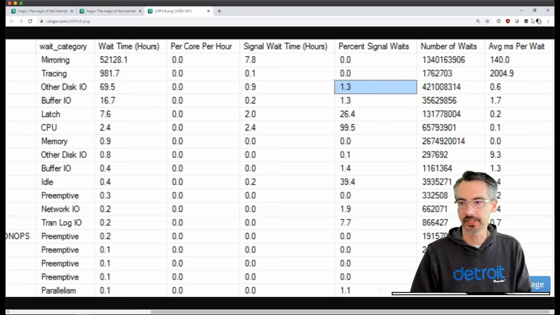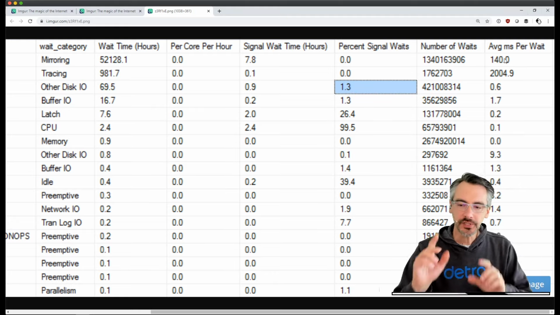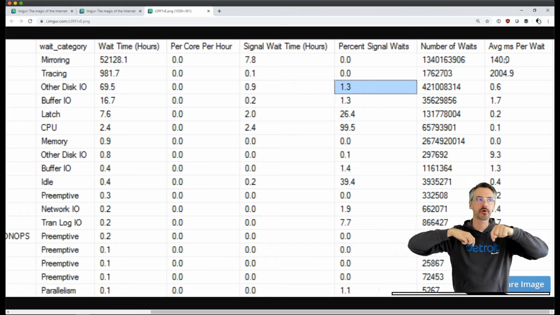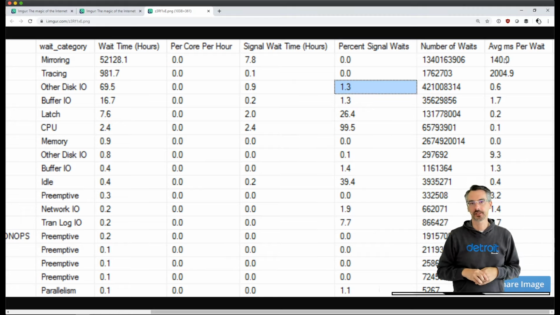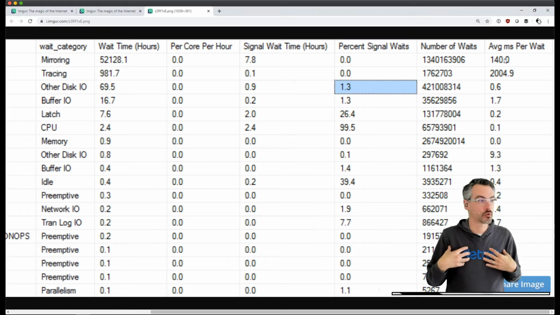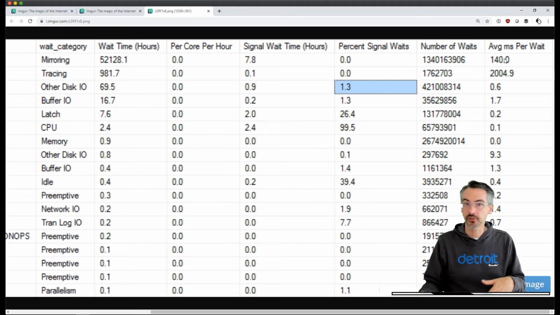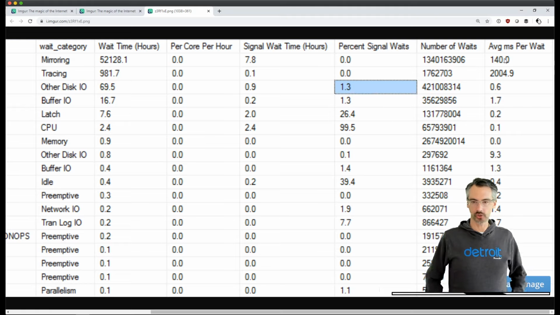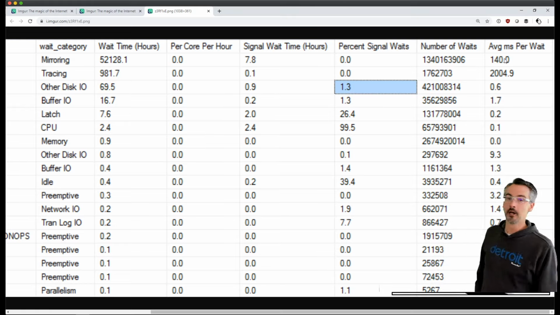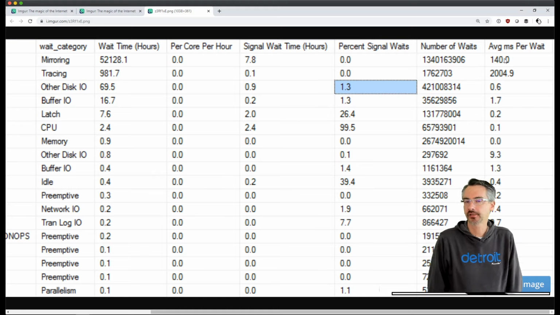In order to reduce this, the first thing that I'd ask is, are users angry about the speeds of inserts, updates, and deletes? Because, true story, at one shop that I was in, they had just moved from really crappy storage to amazing storage, and they're like, our transactions are all instant now. And I'm like, the hell they are. But to them, 140 milliseconds just wasn't that big of an overhead.